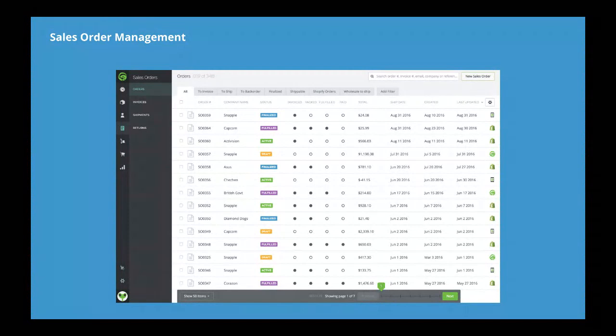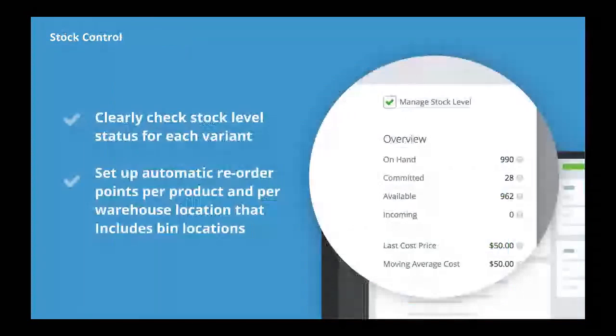And then back to the stock control and PO side. Here, you basically can have a sense around all your products, what you have on hand, what you have committed in terms of sales orders outstanding and what's actually available. And if there are any outstanding purchase orders and incoming stock, you can actually showcase that as well. And you can actually set reorder points for each of your warehouse locations within TradeGecko, and you get pretty granular here as well, and you can go all the way into the bin location.